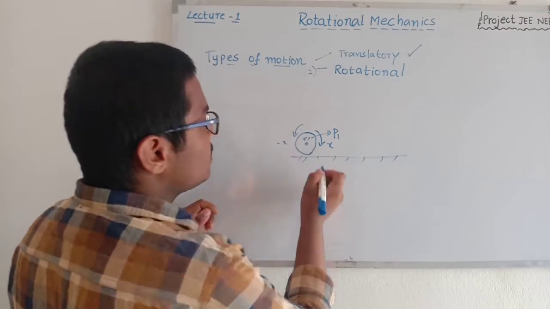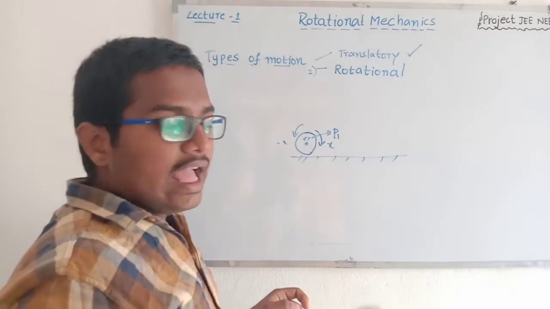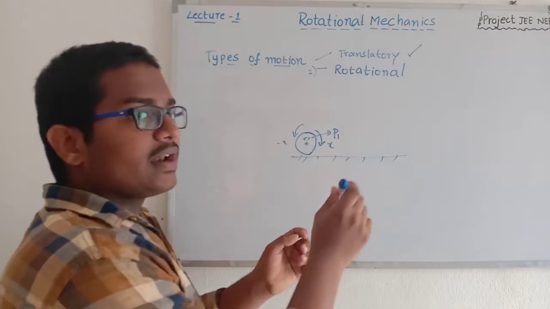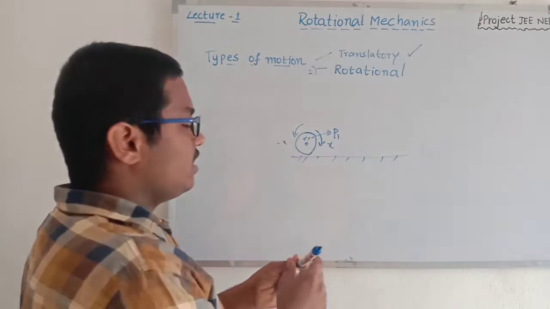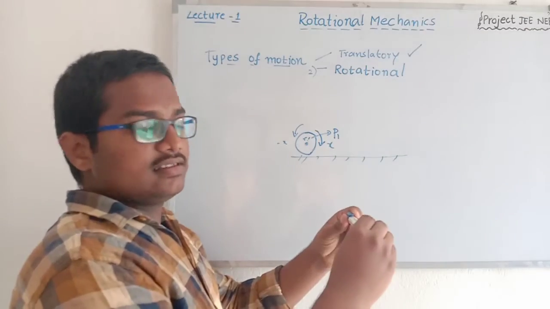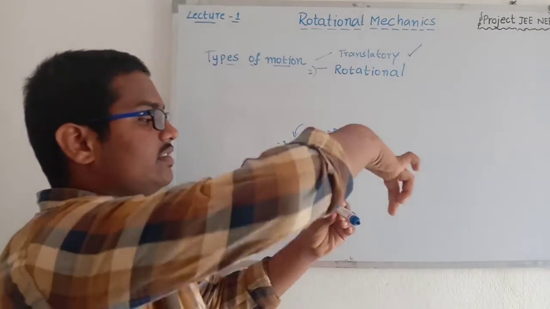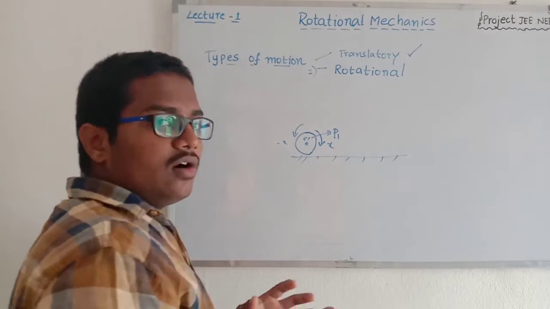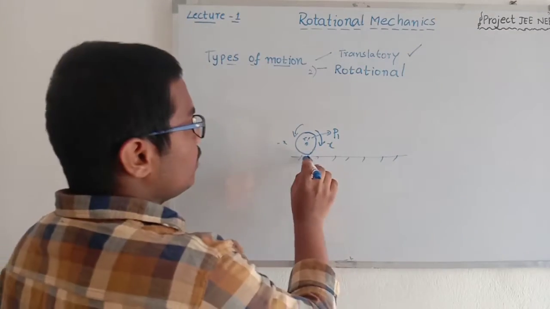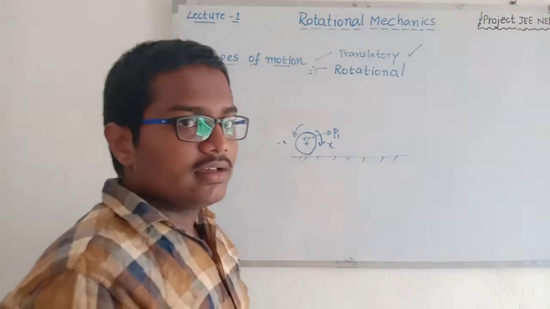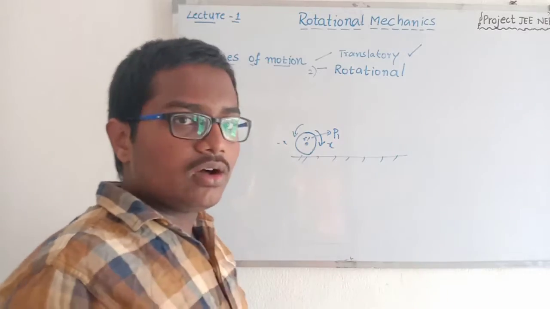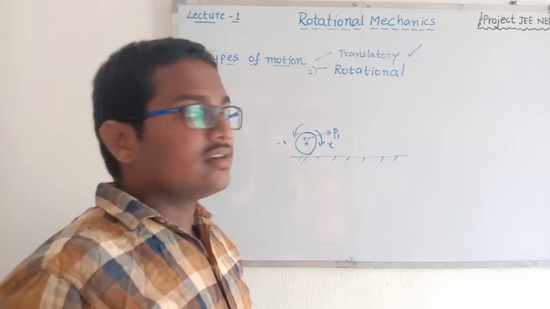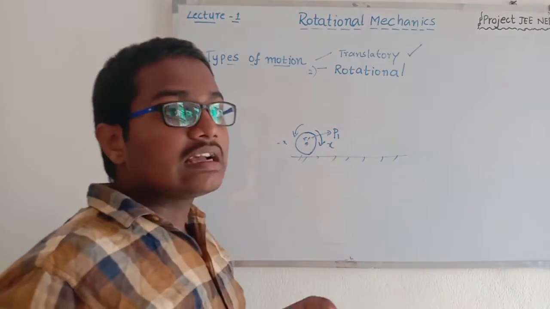If we assume the center of the circle as the fixed point of rotation, then the axis passing perpendicular to the point of rotation is the rotation axis. Then the object will be rotating in this direction or in this direction. I hope you understood the definition, or imagine the situation and assume the body is rotating along the z-axis direction. Then you will be able to understand the definition of rotational motion clearly.